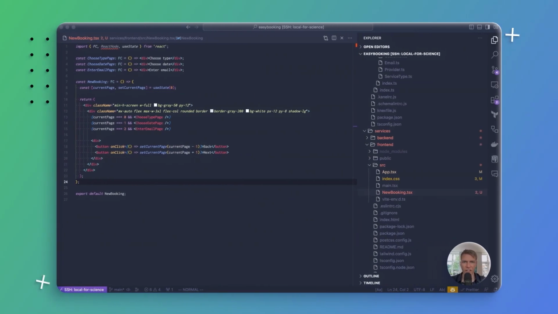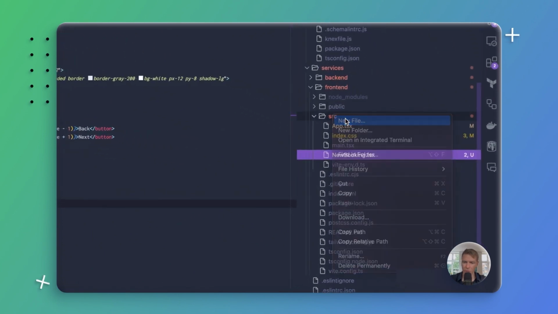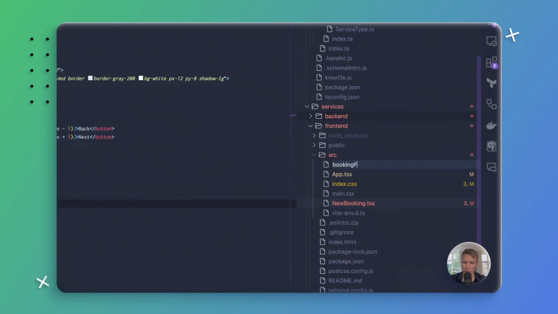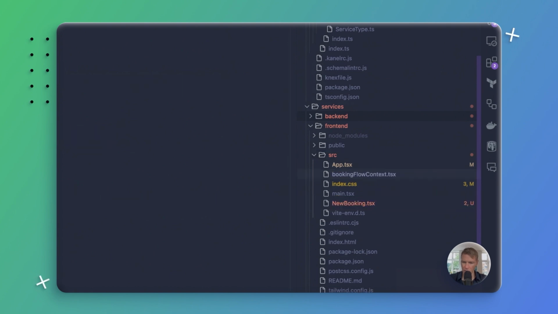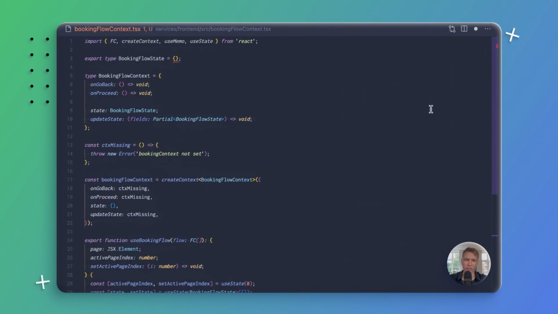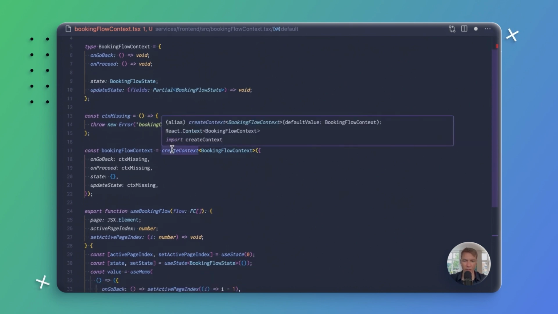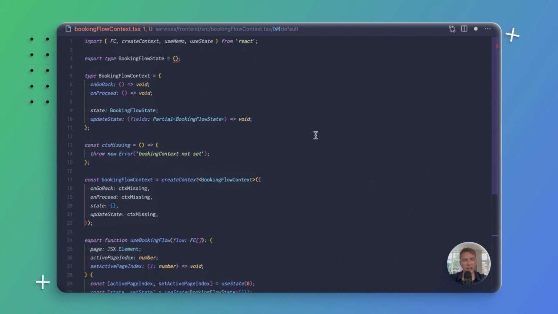Let's create a context and a little hook that encapsulates the logic that it's going to use. I'll create a new file called bookingFlowContext, and I will paste this in. Let's quickly go over this. What this does is basically create a context here. createContext is the React function, and that creates a context of the type bookingFlowContext, which is specified just